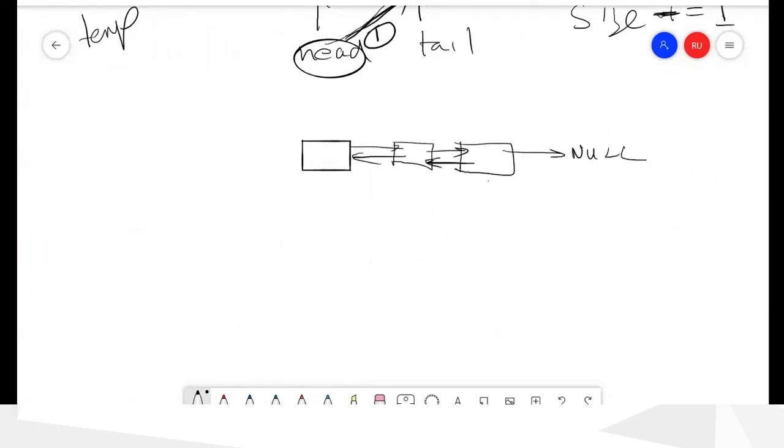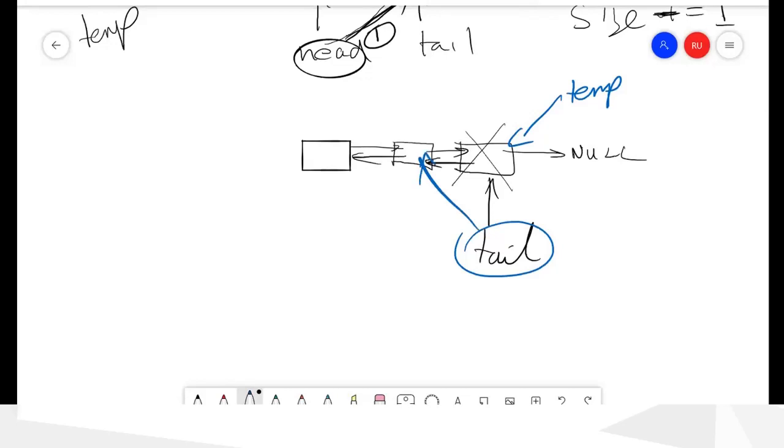it will be something like this. So now this is tail and something like this. So we want to delete this node. Okay, so first we make a temporary pointer and remember this node, and then we move this one to here, and then after that we want to remove this node and this link and make it null, because after deleting you cannot point that to this memory location.